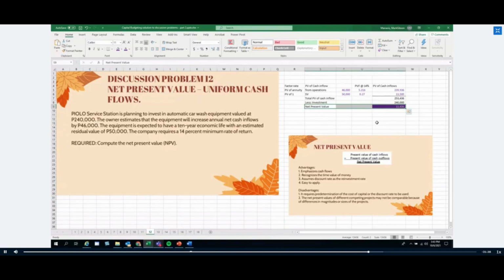Ngayon, paano ngayon yung decision nito, no? So sabi natin, if it's positive, it's a go, no? So like in this case, kung ito lang yung given, ito lang yung information provided to us, so this is a good investment. Kasi nga, we have a net present value of 13,436, which is positive, no? Paano naman kung